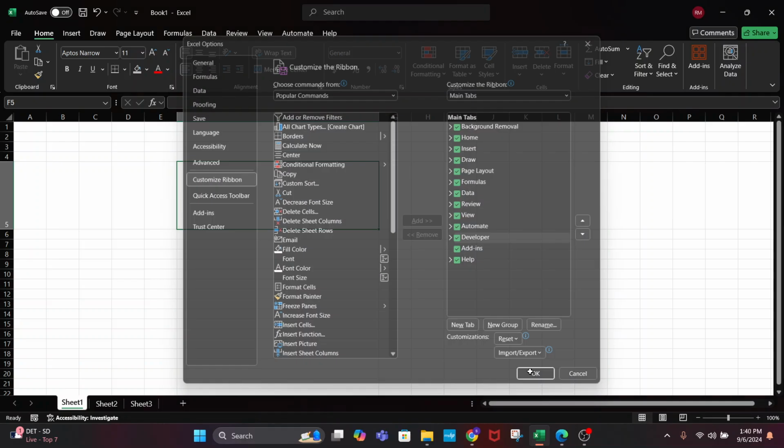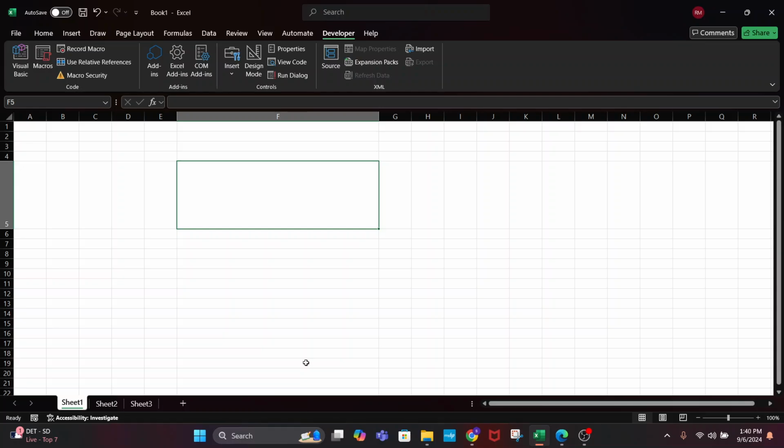You're going to need it because that's where you have your design mode. Design mode, it lets you, it sort of pauses formulas, so that if you're working in design mode and you have a formula that does something, it won't work. You'll be able to work with it and edit it and then come back out of design mode to see it work. So it's kind of like a pause button, sort of. But anyway,